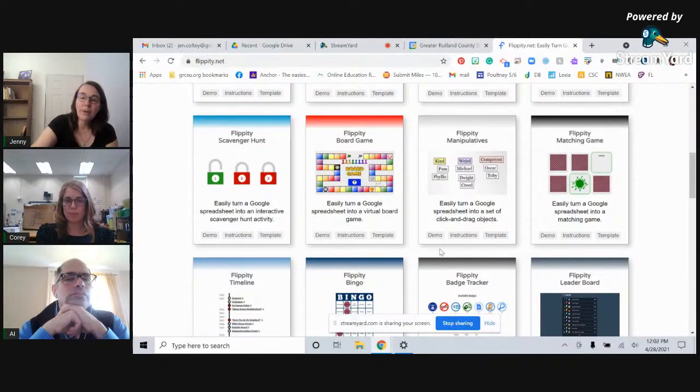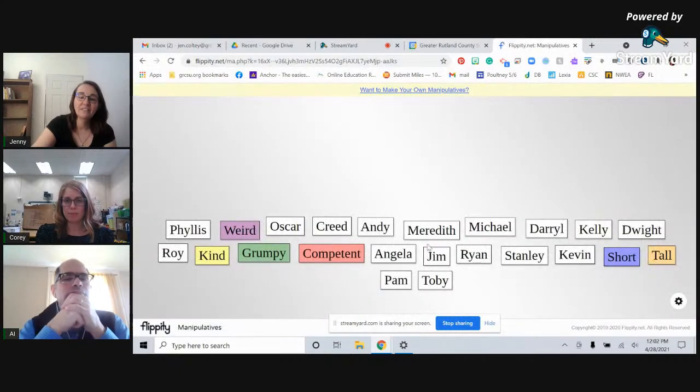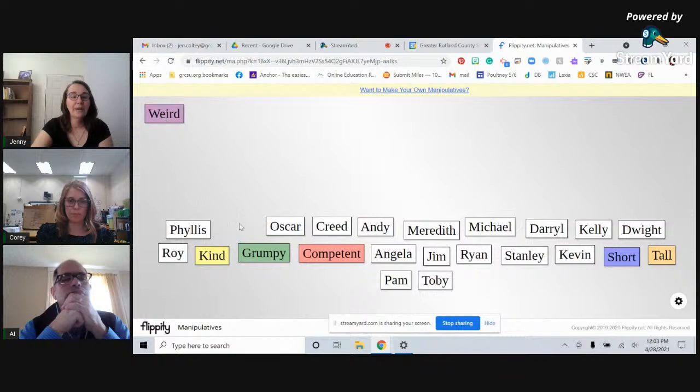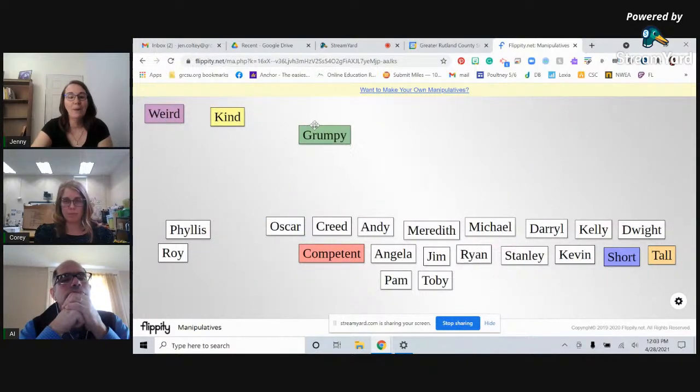So if we were to go ahead and look at the demo for the manipulatives piece, you'll see that they have some white cards and then some colored ones. So these colored ones are the categories. So kiddos will go ahead and take these and they can make their categories. They could pull them up here